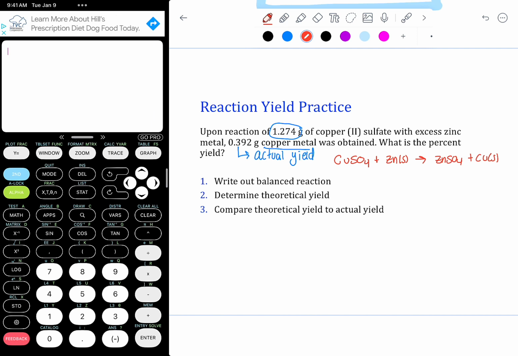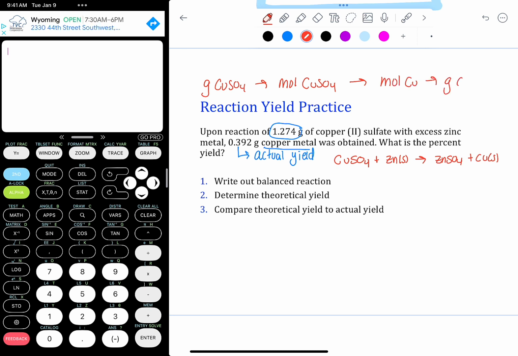So we want to take our grams of copper sulfate. We want to convert that to moles of copper sulfate, which we know how to do using our molar mass. And once we have moles of copper sulfate, we want to convert it to moles of copper and then grams of copper, because we have grams of copper metal as our actual yield, so they have to be in the same unit. So our actual yield units and our theoretical yield units need to be the same. So we want to determine our theoretical yield now, so we start with our